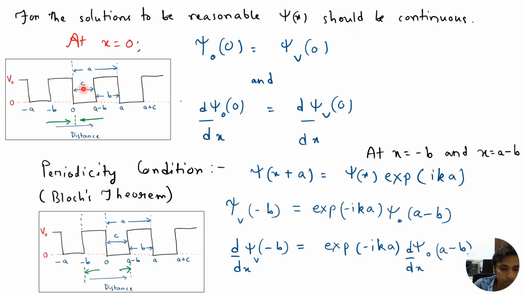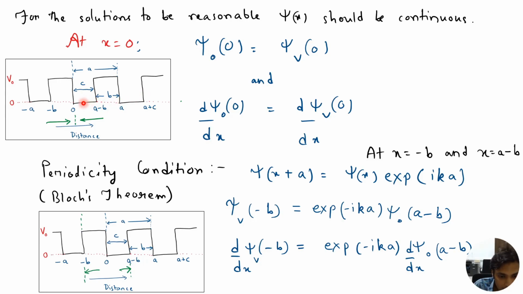That means, for example, at x equal to 0, the wave function from the left hand side and from the right hand side should match. That means psi naught of 0, psi naught being the wave function where the potential V equals 0,